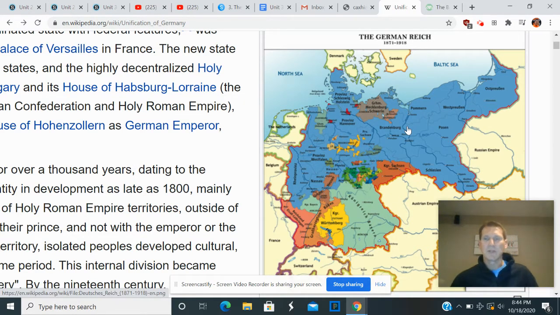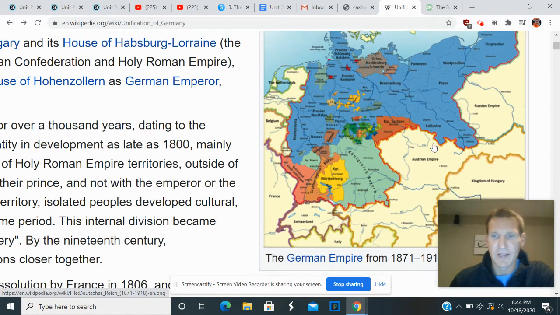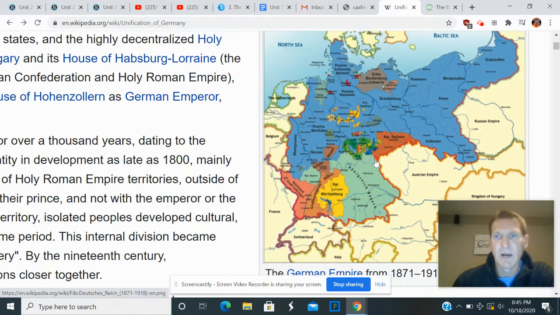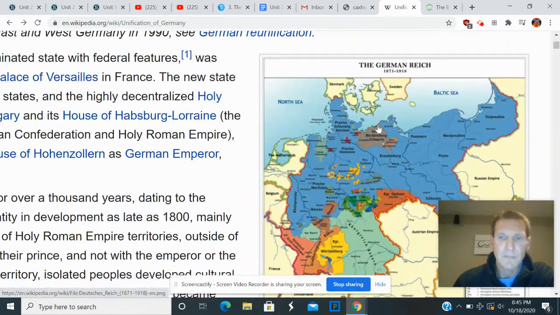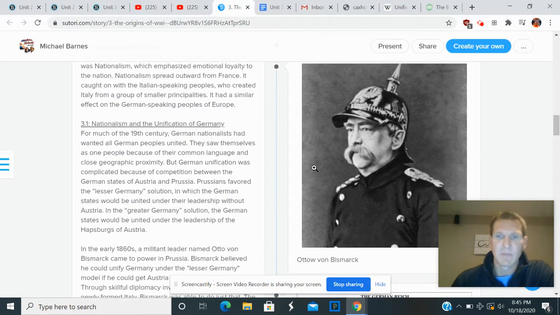And there had been a movement during the 1800s to unify these German-speaking peoples. And Prussia was kind of the leader for unifying Germany. Its major opponent to unifying Germany was Austria. Austria, also German speaking, and it had several allies down here around Austria. Prussia had its allies as well, if you check out some other maps down here. But eventually, just understand this, a guy named Otto von Bismarck,